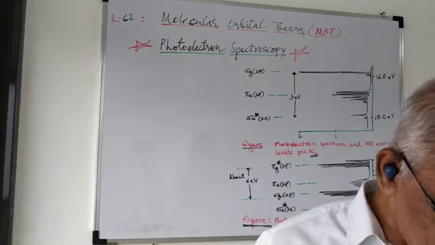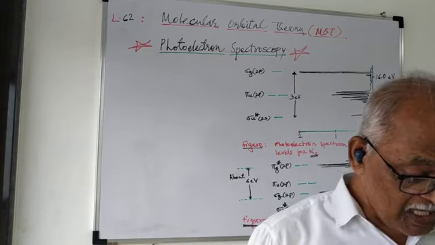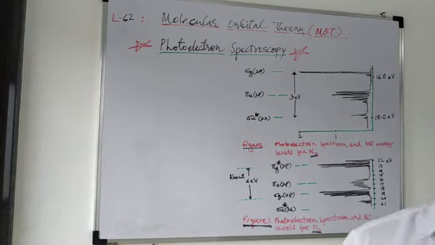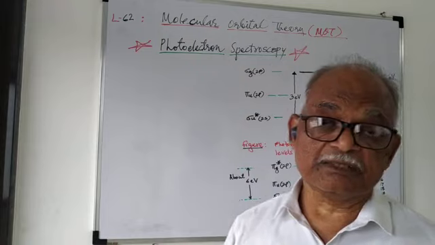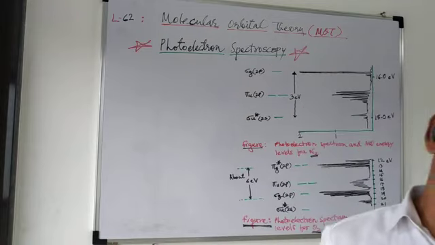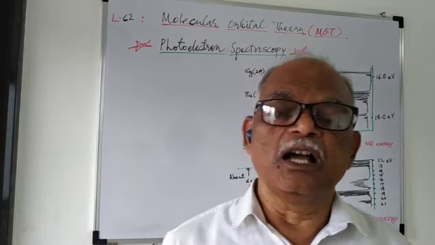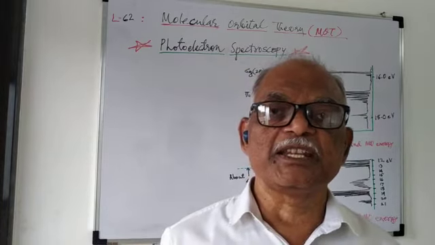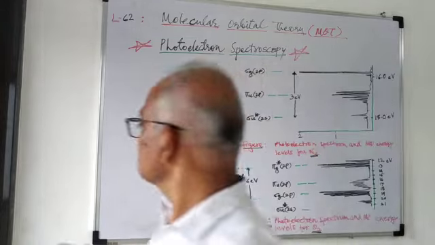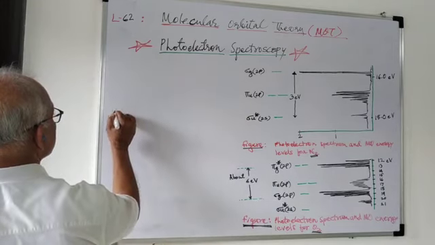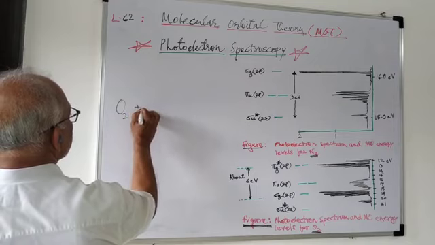So we can get this important additional information about the molecules, that is regarding the ionization energy. When a certain molecule interacts with a photon of desired energy, it is capable of removing the outermost electron. We can show this using an equation. Say this is the oxygen molecule. So when it is